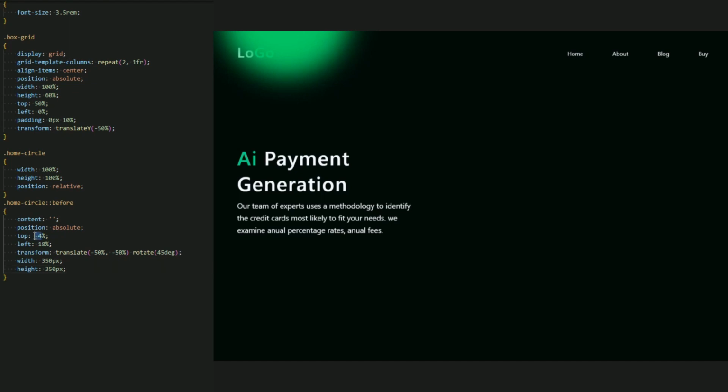Yep, top 50% to be a center, left 50%. Yeah, there we go. And let me set the width and the height 300 pixels. Here we go. Now the box shadow,